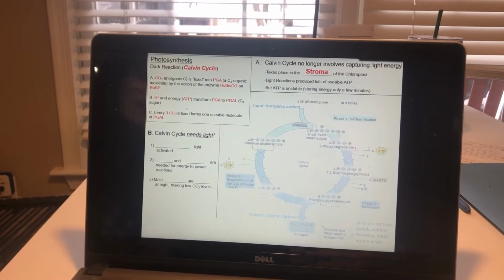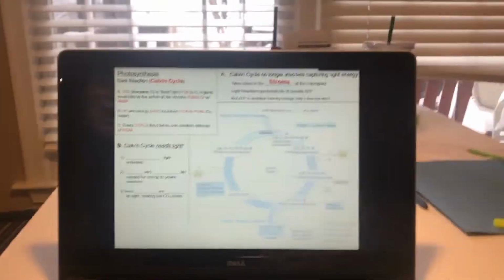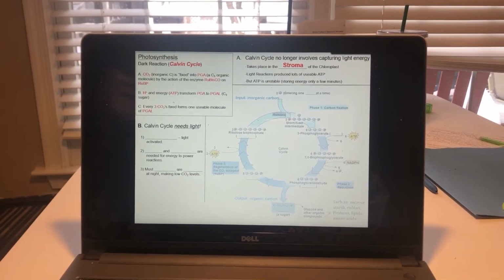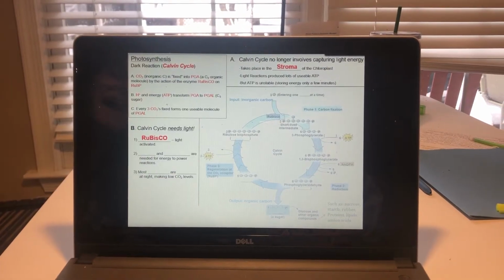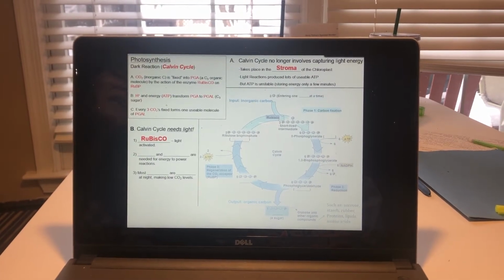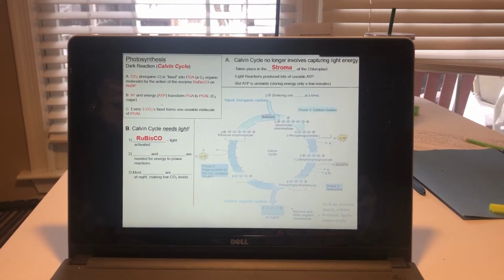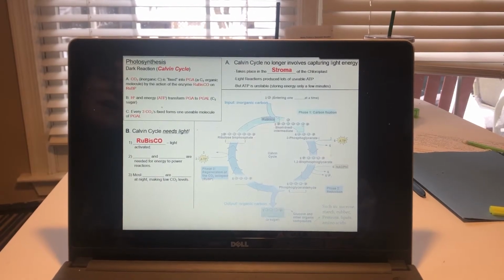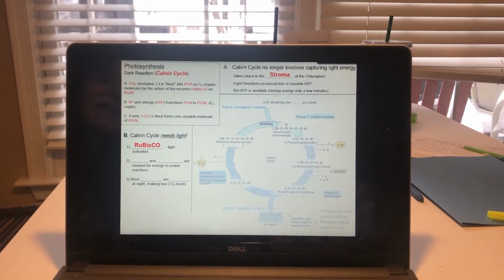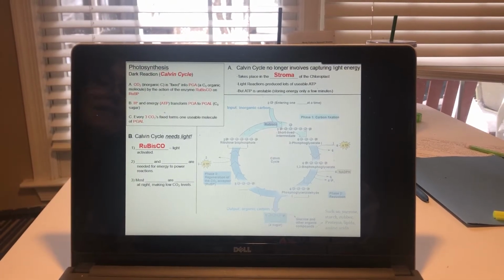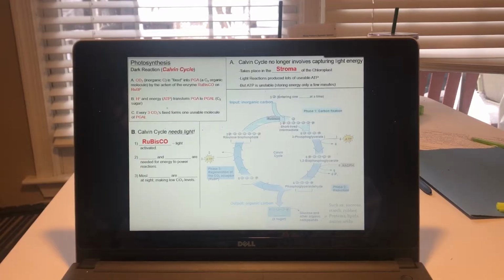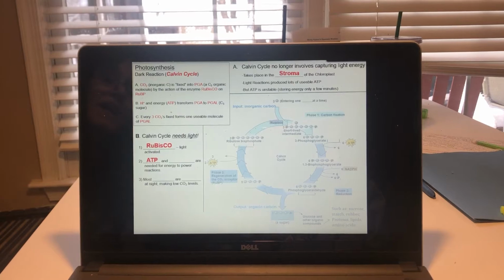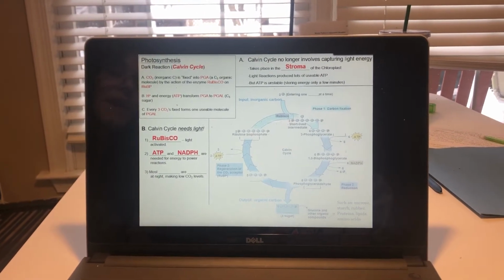There's an enzyme that we're going to be talking about called Rubisco, which stands for ribulose bisphosphate carboxylase. So you can see why we call it Rubisco. It's a very long name. But Rubisco is light activated. Now, it's not really collecting light energy and converting it into chemical energy. It just only works if light is reflecting off of it. Also, if you remember, there are two products of the light reaction that are needed to power the Calvin cycle. And if it's nighttime and there's no light bouncing off the chlorophyll molecules, then you end up with no hydrogen ion concentration building up in the thylakoid, and you end up with no ATP and no NADPH